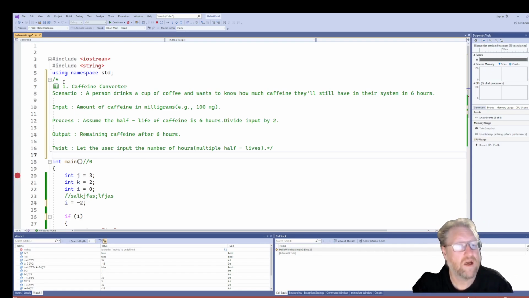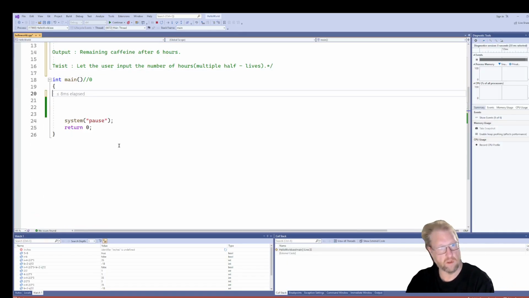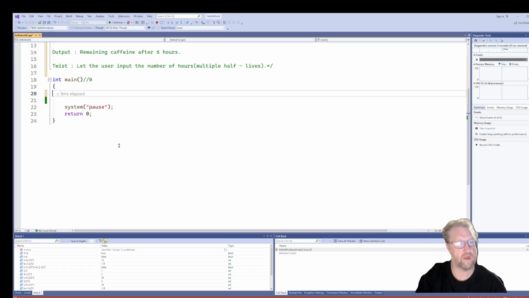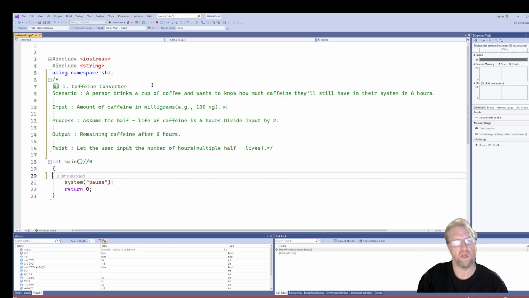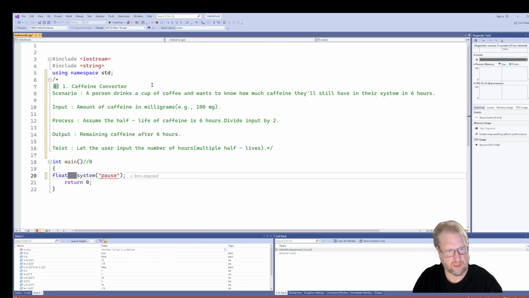This is great. Amount of caffeine in milligrams. So what kind of variables do we need? Well, it's right in our input, amount of caffeine. Now, is that a whole number? It can be a floating point because you can have fractions of milligrams. So I'm going to make that a float. I don't want to do a double because I don't need a big number. No need to be wasteful. And then I'm going to just call it,